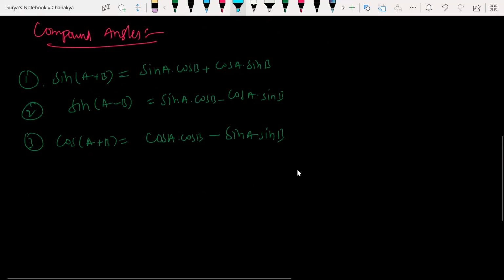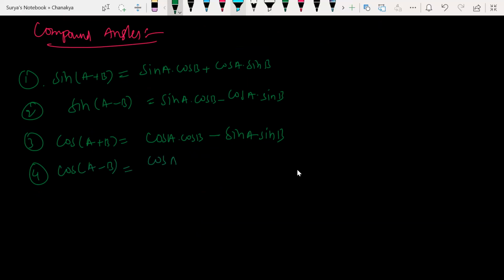The proofs are not important. No one is going to ask the proofs. Only formulas are important. Proofs are not useful for sums. If you want proofs, I can teach you, but there is no point. I don't want to confuse you by teaching all the stuff unnecessarily.